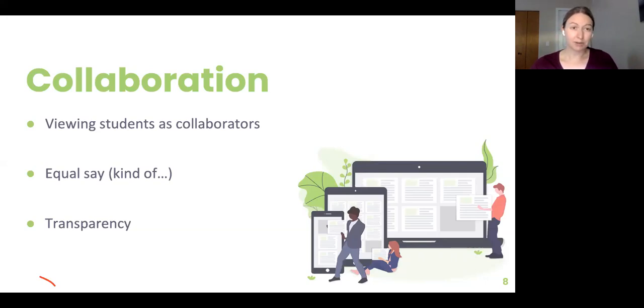Now, we've heard some great presentations about how to create a syllabus. Chris Price gave a great presentation yesterday about how to change your syllabus so it's not a contract, but instead